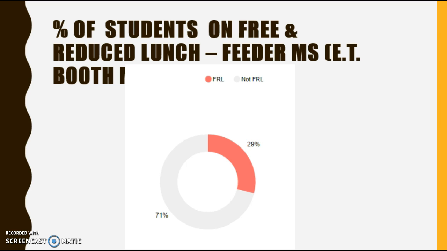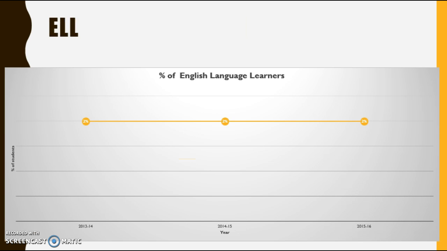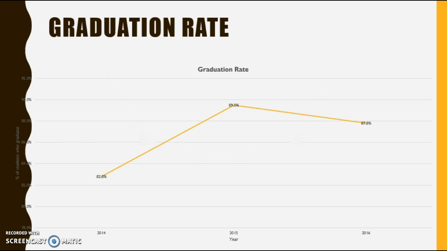We have many feeder elementary schools, and 4 of those elementary schools are Title I or low income, but it's around the time of about middle school and definitely high school where students are embarrassed of the situation and don't report correctly or accurately. Our special ed and gifted population has been steadily dropping over the past 3 years, and our ELL students has remained the same. They've been at a steady 2%.